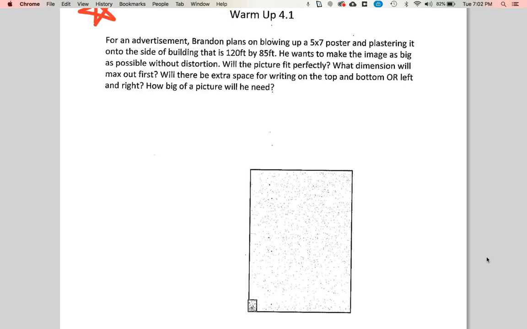So right now I've established one thing, that this picture is 5x7. So that'd be 5 inches by 7 inches. And then the building is 120 feet by 85 feet. Now, maybe this is 5 feet by 7 feet. It looks like I forgot to put the units in. But whatever we deem it, the units do have to be the same. So I'm going to pretend like this is 5 inches by 7 inches, just like a regular picture would be. So if I zoom in down here and say that this is 5 and this is 7 inches,